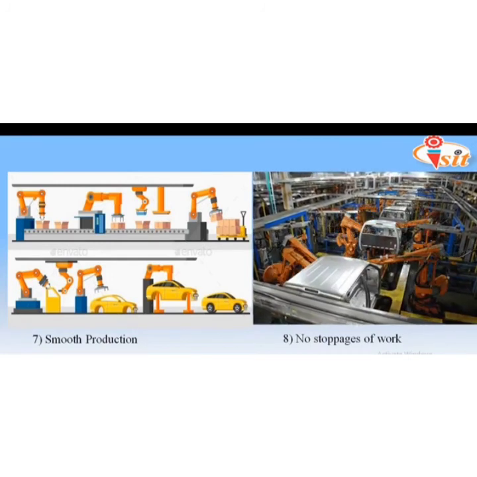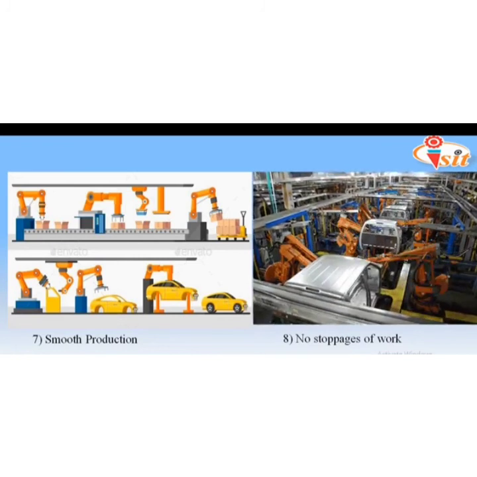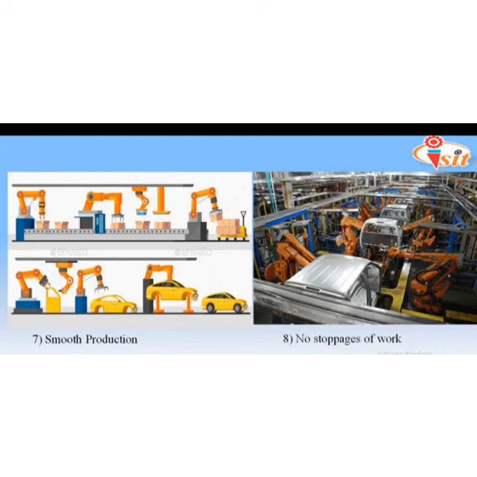For smooth production, it is also necessary that there are no kinds of stoppages in the work related to all the resources that we have studied. For example, there should be no issues related to the malfunctioning or maintenance of the machines, or related to the manpower resource, or the supply of material required for production. So if these resources are not planned accordingly, then it will affect smooth production and can cause stoppages